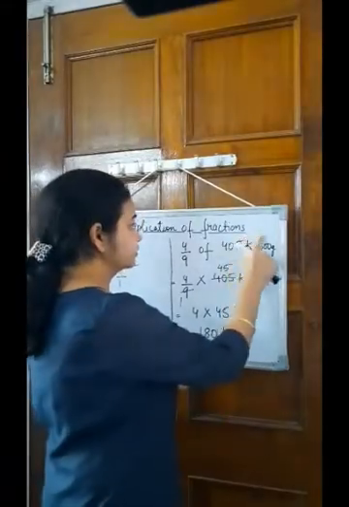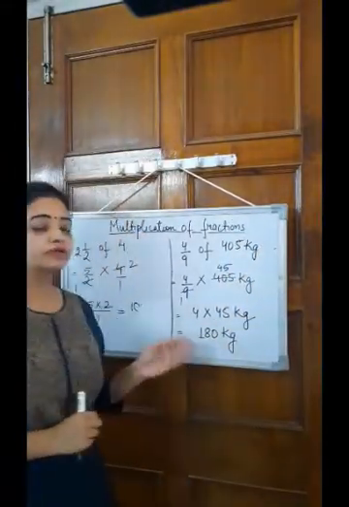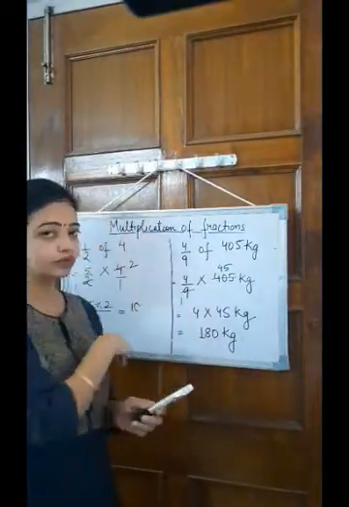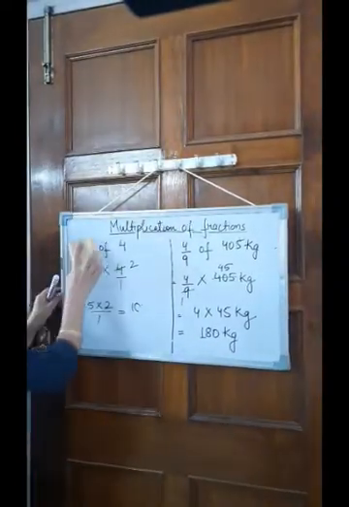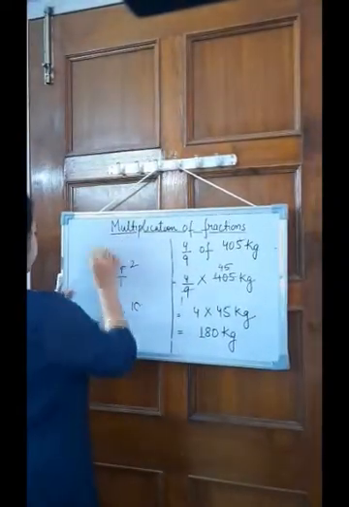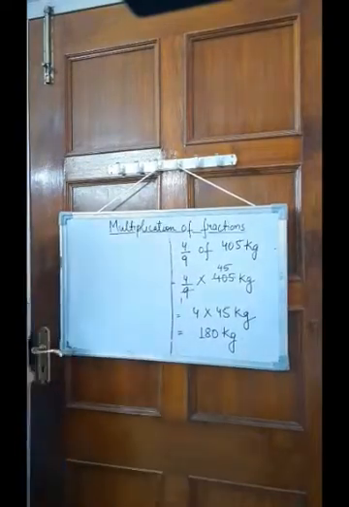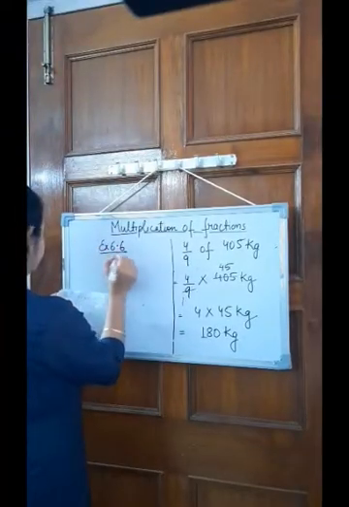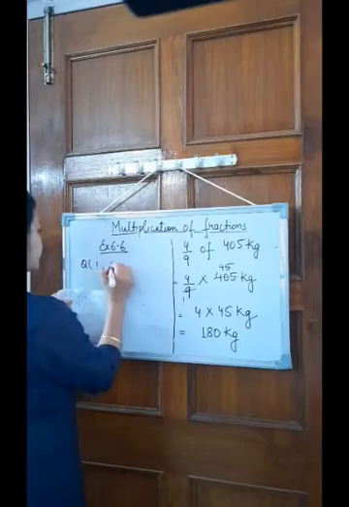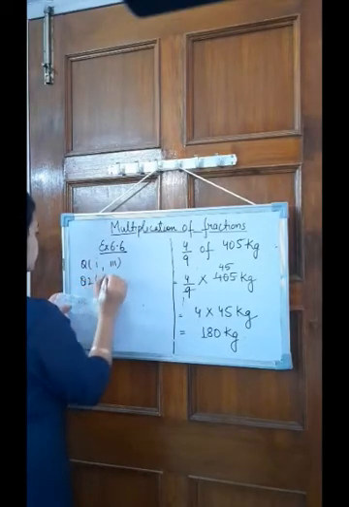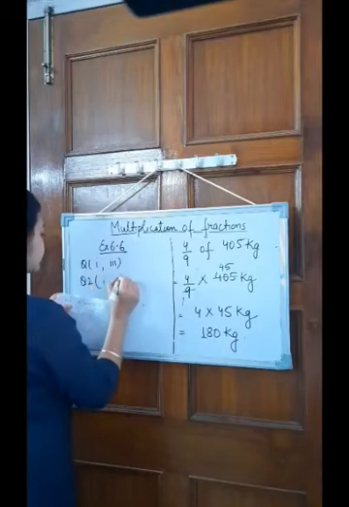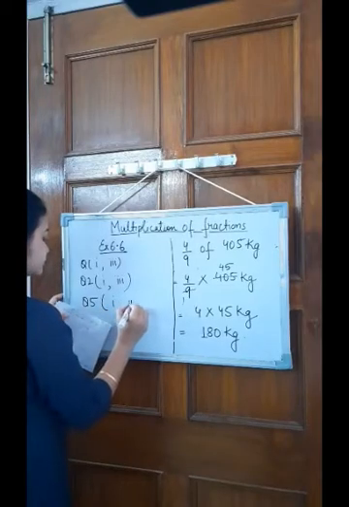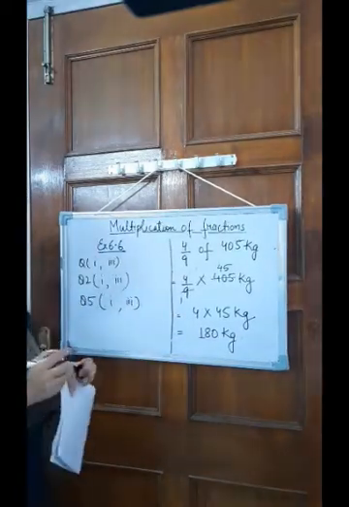Okay. Now this is it for today. With the help of these questions, you can do the questions that are based on multiplication. So I am writing your homework here. You can do your homework. It is from exercise 6.6. Question number 1, first part and third part. Question number 2, again first and third part, and question number 5, again first part and third part, in your fair notebook.